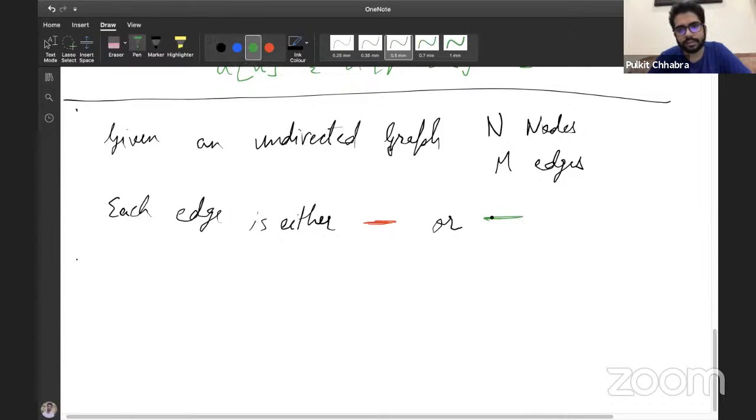All right, so each edge has a color associated with it. This is something which I've added. So each edge is either red or green, and you are being given a source node,